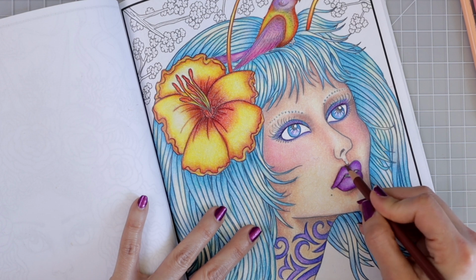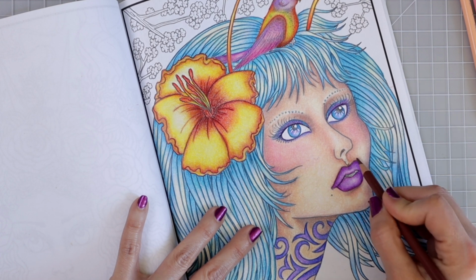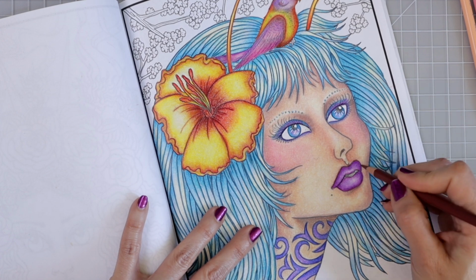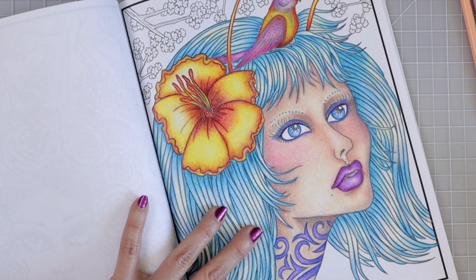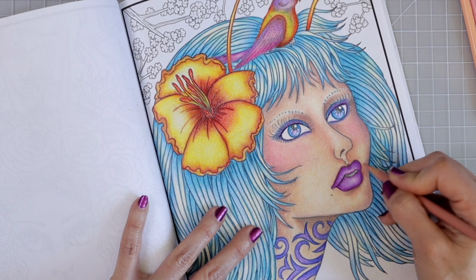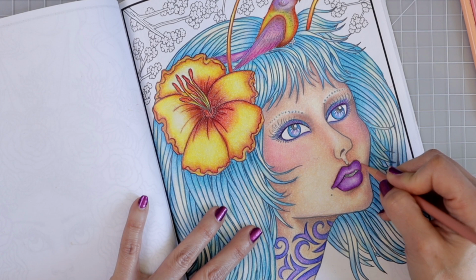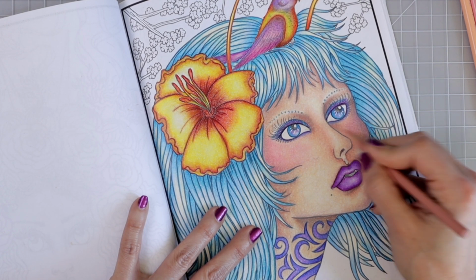I think this paper is about done with layers at this point. I'm really going to have to grab a blender. You can see that the paper sort of got a little bit messed up right here around the nose, so I really can't add much more color in that area, even though I do want to. And I normally would. So let me come back with the nectar and just blend some of this out now. And see, some parts of it is still taking color. Like over here, I'm still able to apply color, but up here under the nose and all around the face,